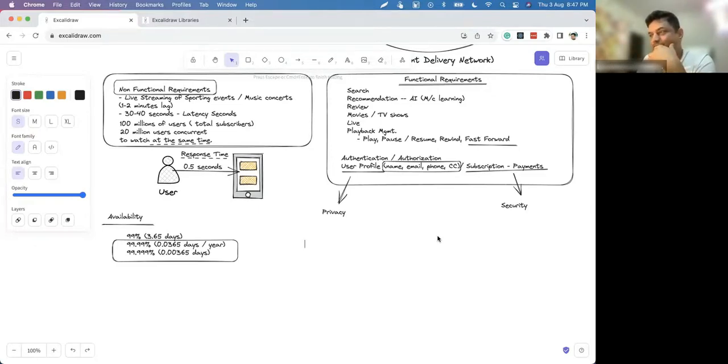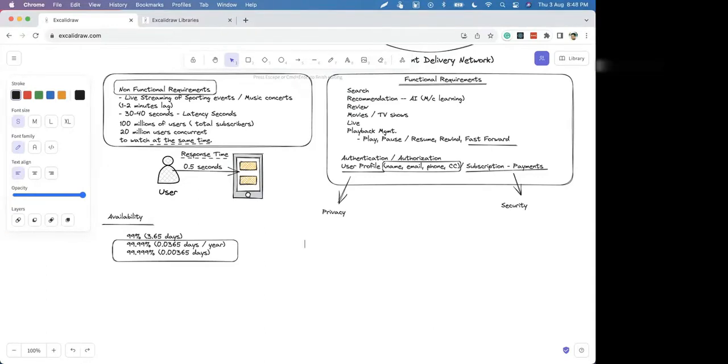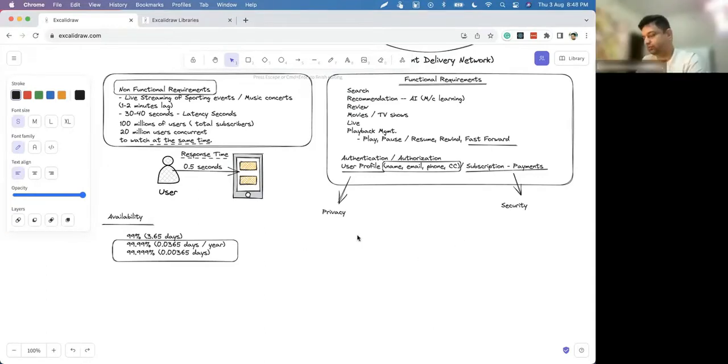Do we have all the movies? Not all the movies, right? So maybe a few regional movies, a few English, Hindi, different language movies. So how about 10,000 movies? Sounds decent, yes.